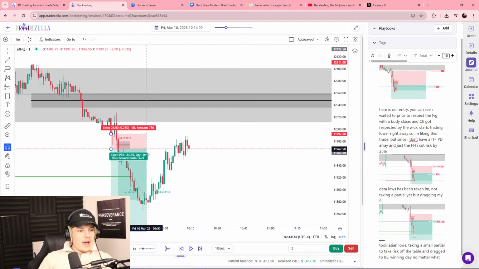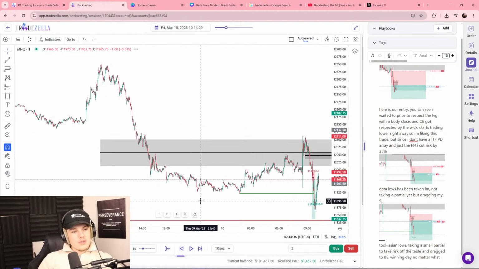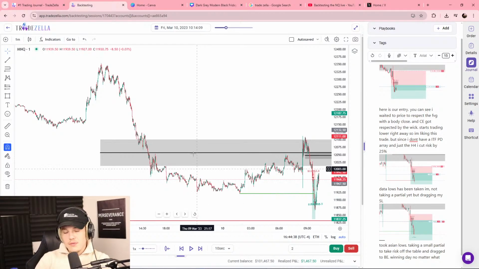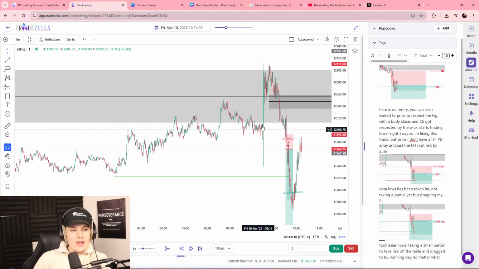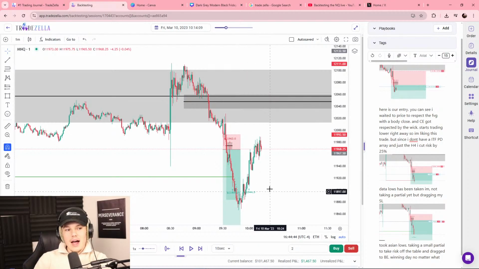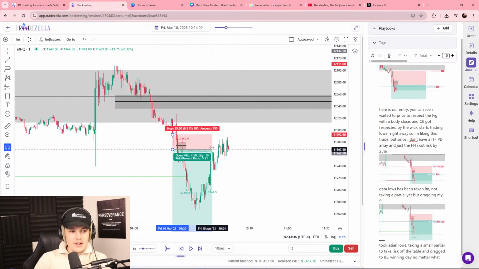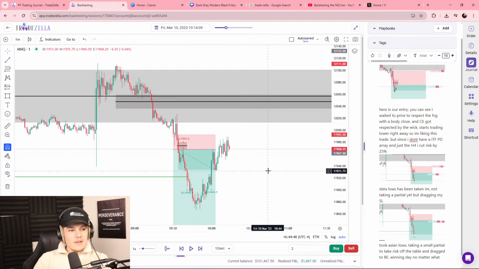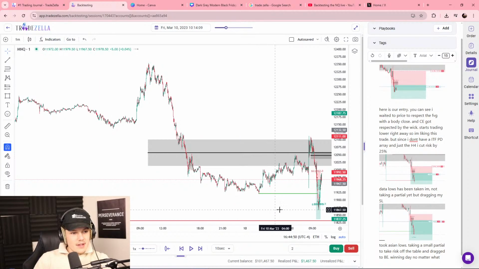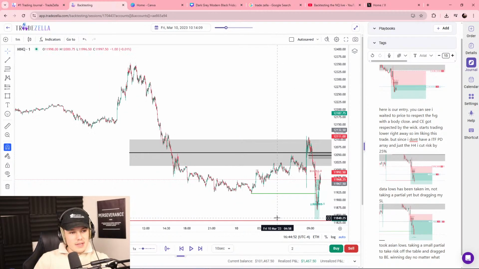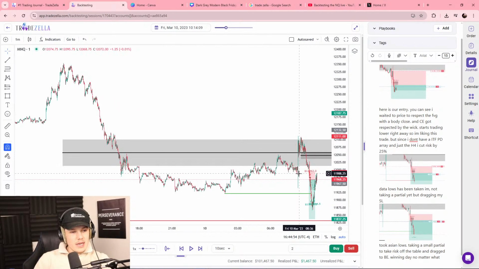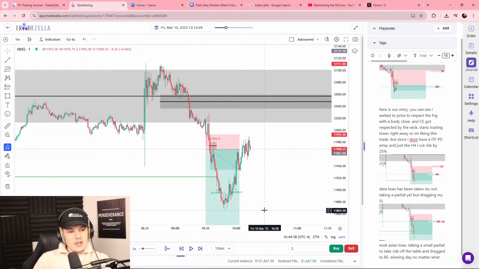So what happens here? I was wrong on direction, and that happens a lot. But out of this trade, what happened? I still profited off of it. So I'm going to show that sometimes we don't always go to that delivery, and sometimes we're just accumulating, manipulating, and distributing in the daily range.